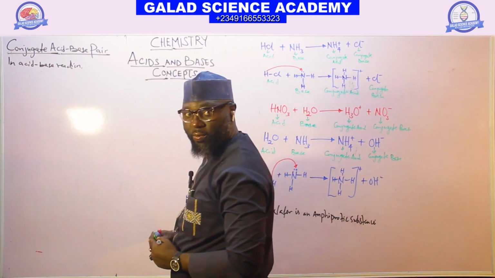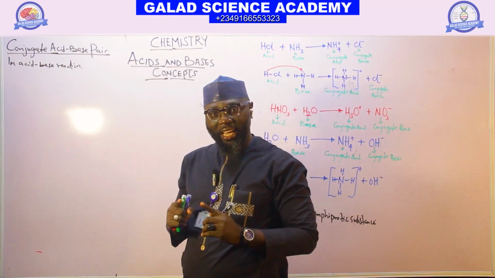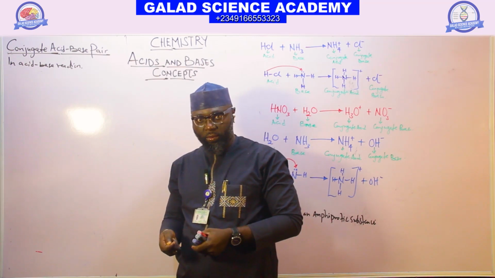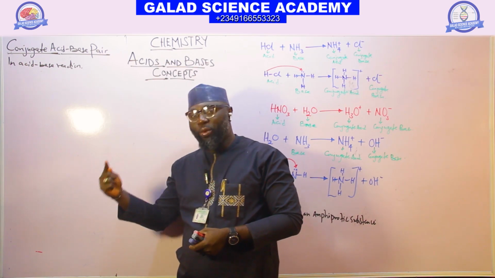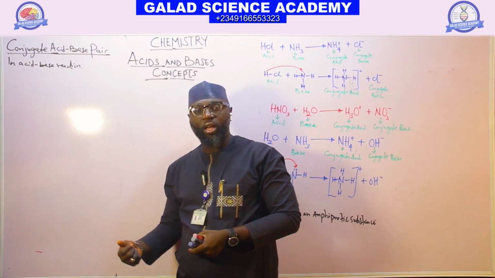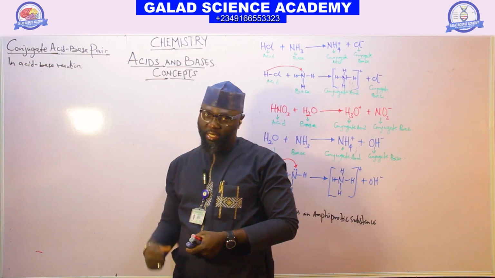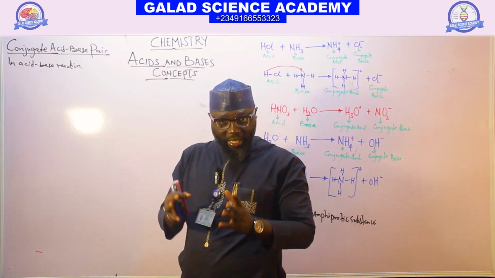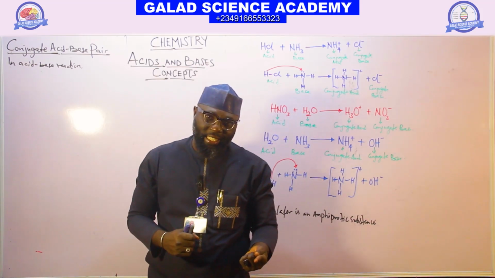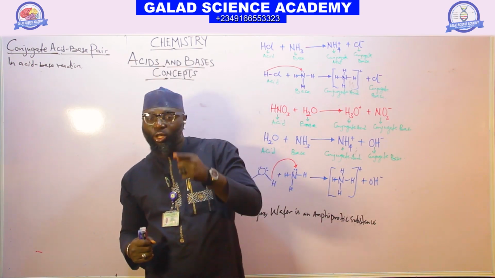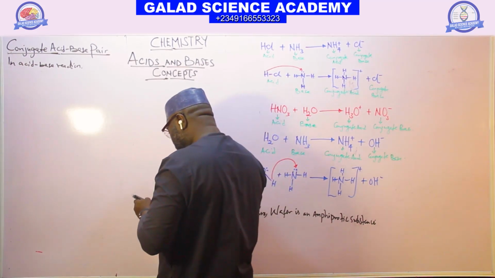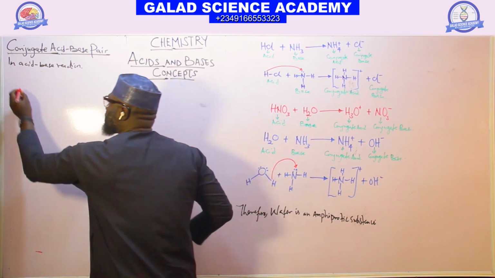In an acid-base reaction, the acid releases or gives out its own proton to a base and forms a new substance called the conjugate base. Where the original base accepts a proton from the original acid and becomes a conjugate acid. Take for example now, for instance, we have